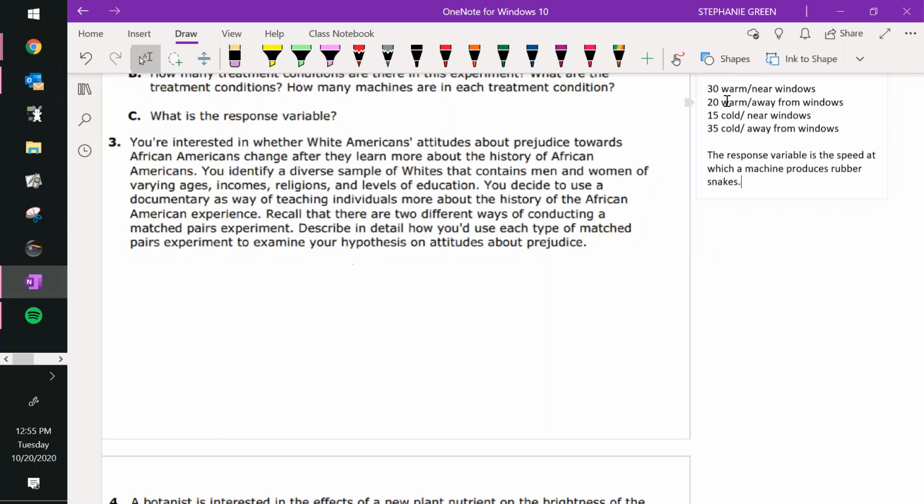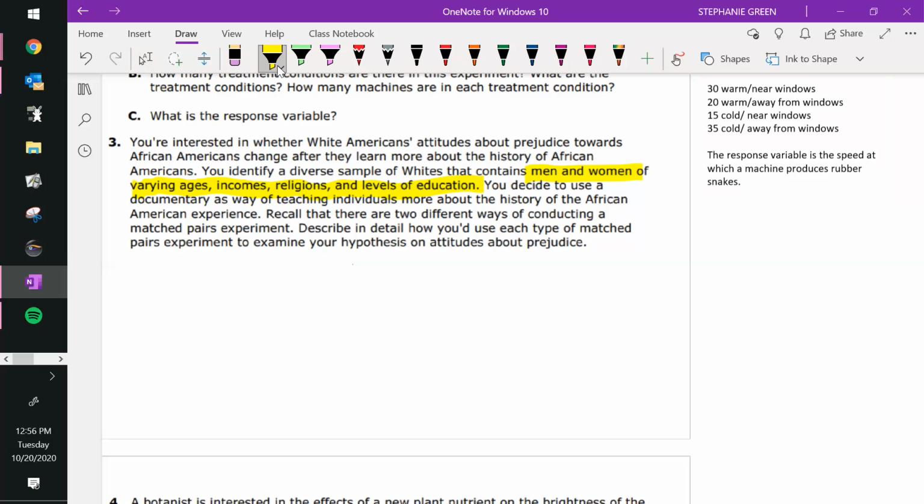So I would want to take my group of however many people that I have, and for every person, I would want to find somebody who has a similar gender, because they said they have men and women, similar age, similar income, similar religion, and similar level of education. All of those, I think, would be a lurking variable for this situation. So if we can use matched pairs to isolate those lurking variables, it's going to improve the results of our experiment. Men versus women,